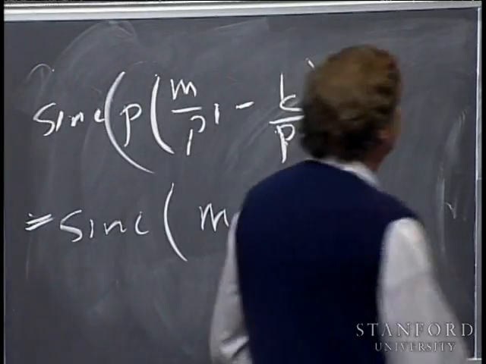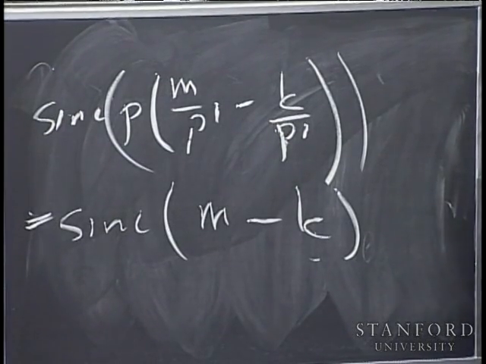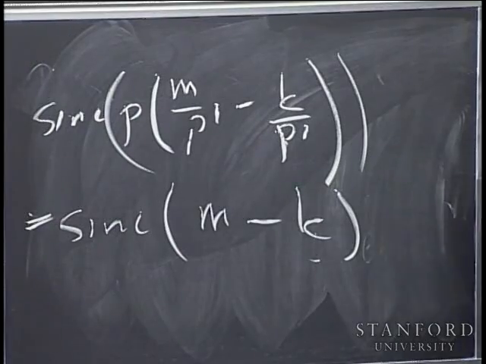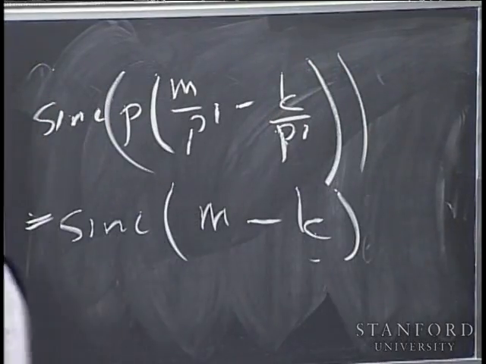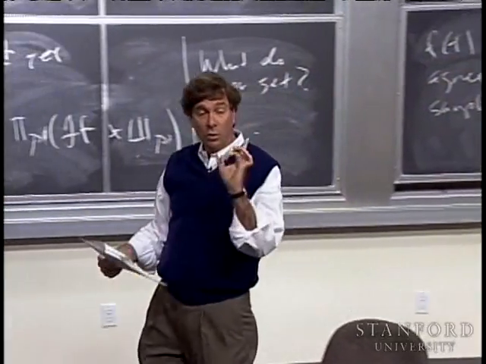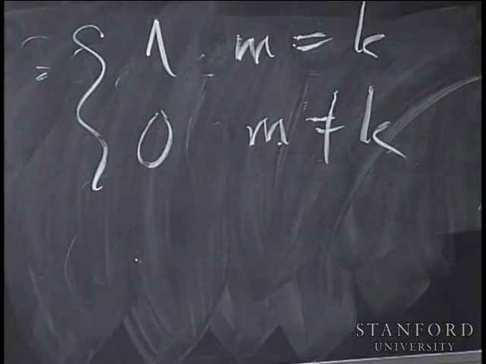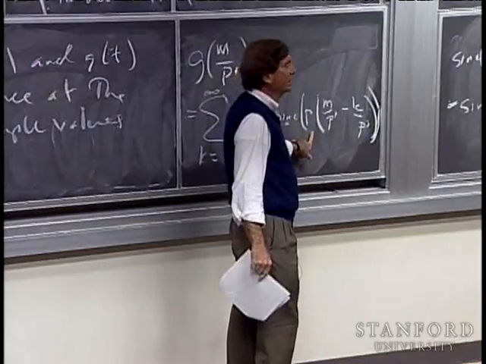All right? This is equal to 1 if m is equal to k and 0 if m is different from k. And the sinc has zero crossings, if you want to think of it that way, use that terminology, at the integers. All right? Except at the origin, where it's equal to 1. All right? So all these terms drop out except when k is equal to m. In other words,